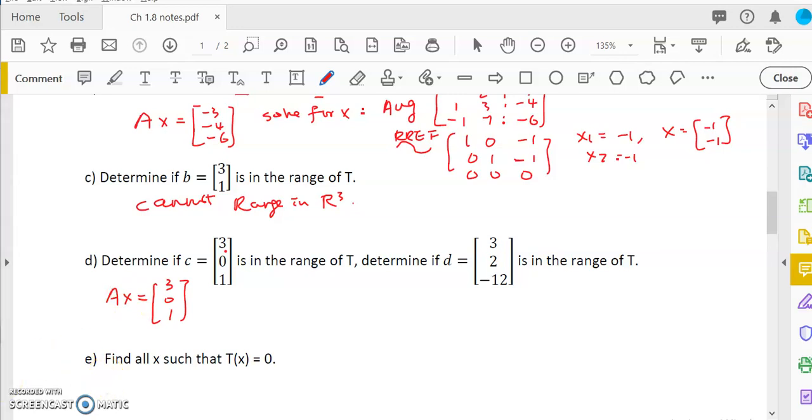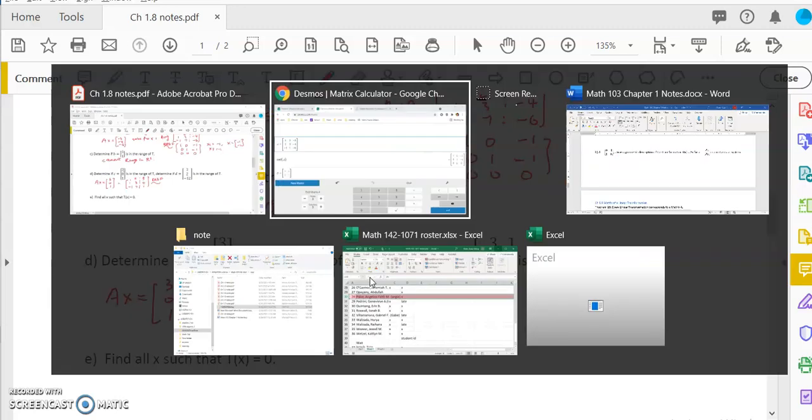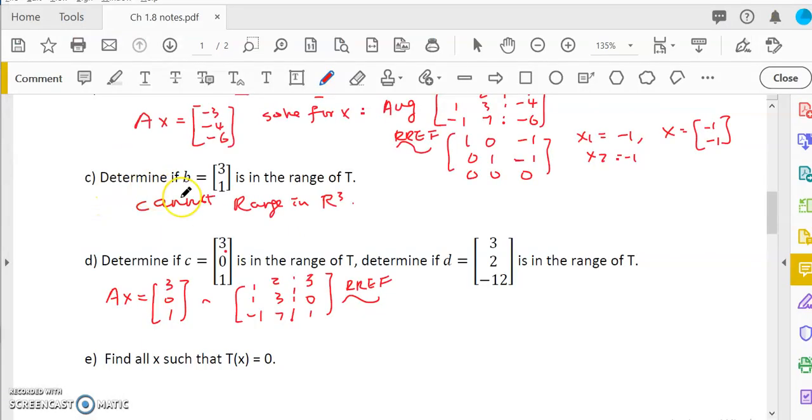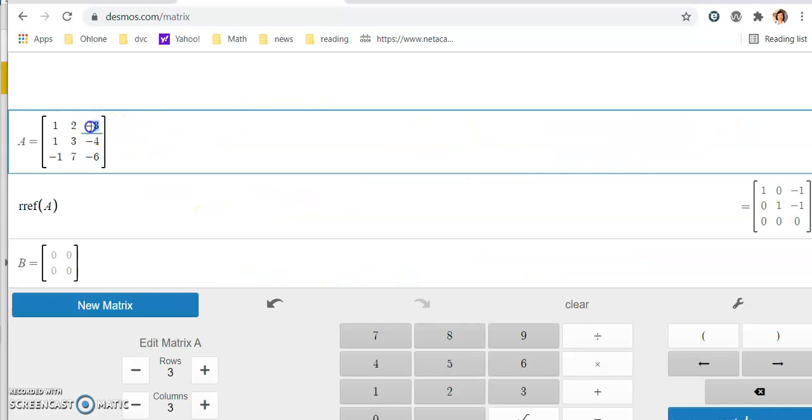So let's again solve using augmented matrix, right? Augmented matrix to do 1, 1, -1, 2, 3, 7, and then the constant side 3, 0, 1, right? So do a reduced row echelon form. So whatever that you learn in 1.1, 1.2, that's what you're gonna do now. 3, 0, 1. So change this side to 3, 0, 1. Okay. 3, 0